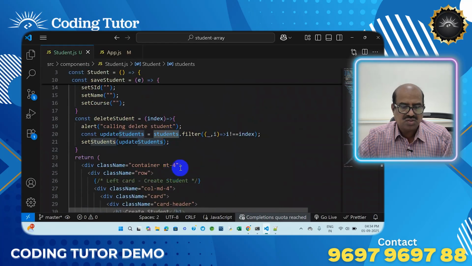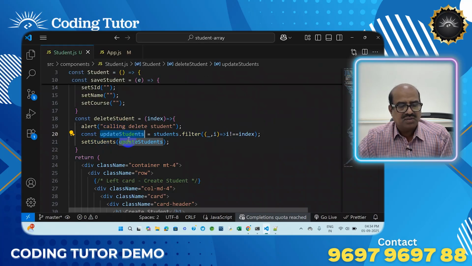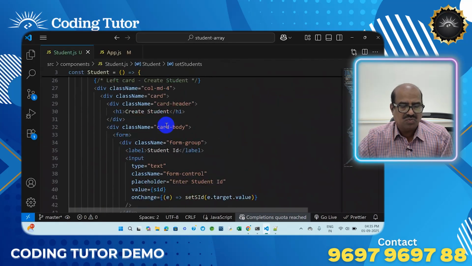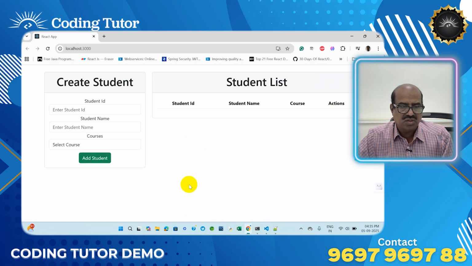Okay, so this is the actual students that are available here. So I'm using those students and filtering here, except that index matching record you are ignoring, and the remaining students we are going to store in this particular array. This array, original array level, we are going to update by using set state. So this is the way we are going to perform, right? Now once we save this one and go to here, automatically it is going to refresh this one. So now